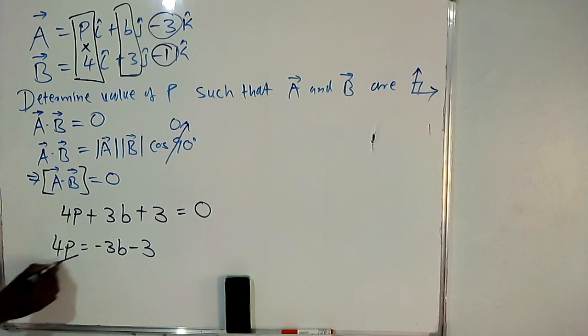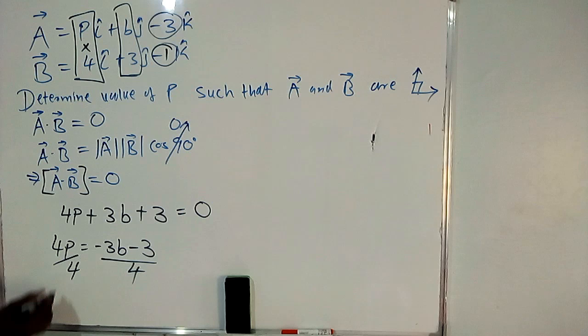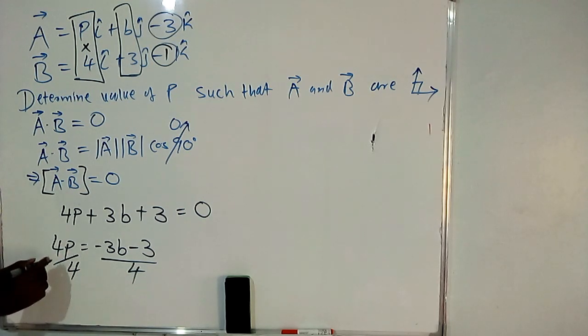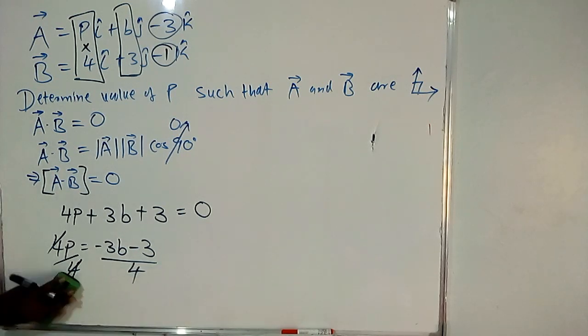So in the end, we remain with p equal to minus 3b minus 3 over 4. You divide both sides by the coefficient of p. Then you found